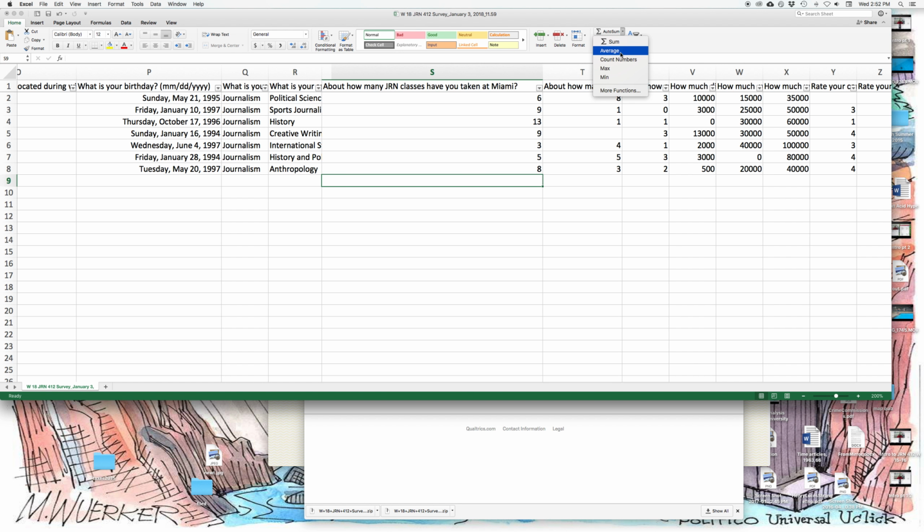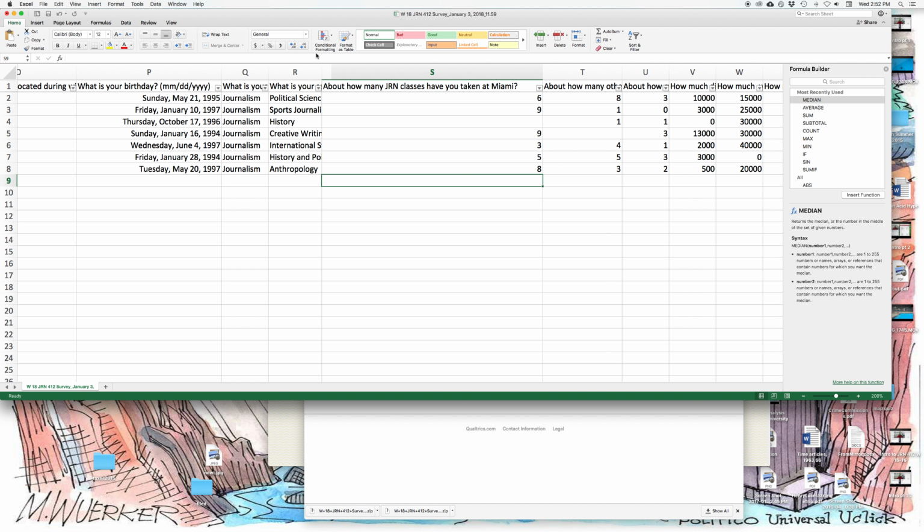So notice this is filling in. Excel is being pretty smart about figuring out where the column is here. However, if there were blanks in this column, let me just give you, for example, if this person here had instead not answered,